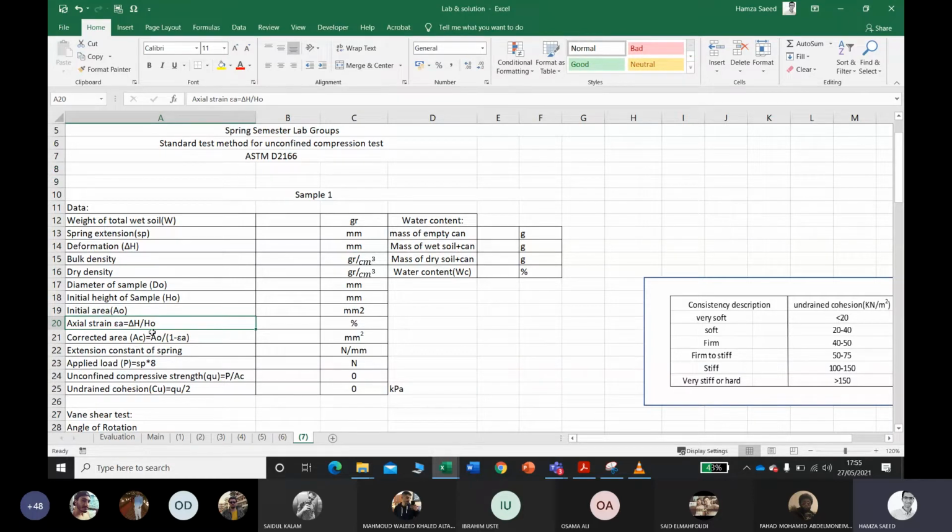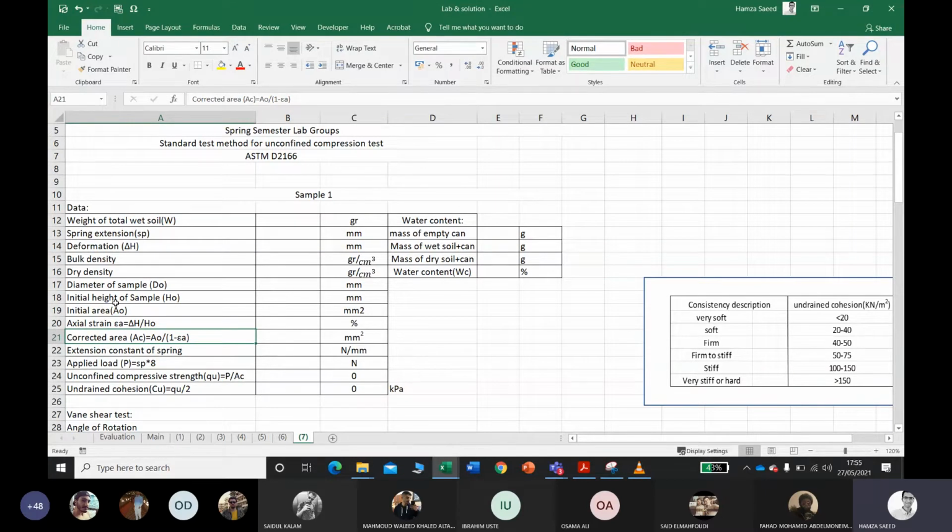Okay, guys. Now from here you are going to calculate the corrected area. As you know, when you are applying the load, the area is increasing. In the direct shear box test, as the shear force was applied, the area was reducing.